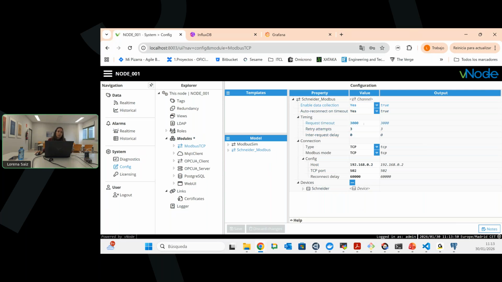So here you configure the timeout. If you send the request but you don't receive the response from the Modbus server, how many attempts will you make? And just in case you complete these attempts,